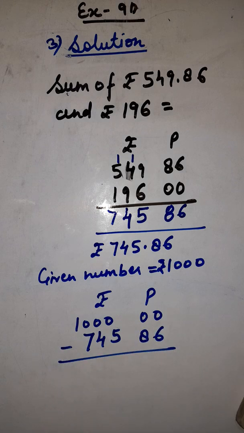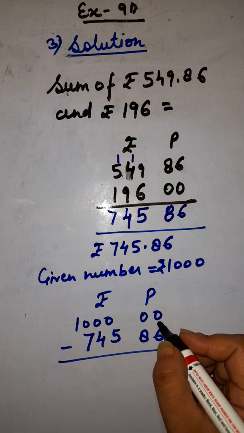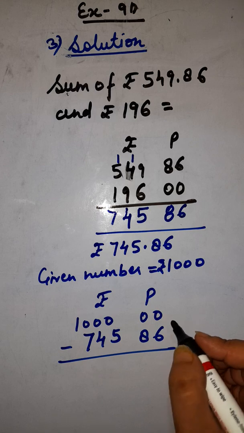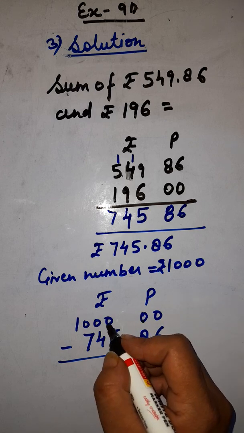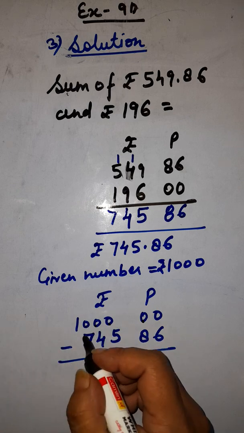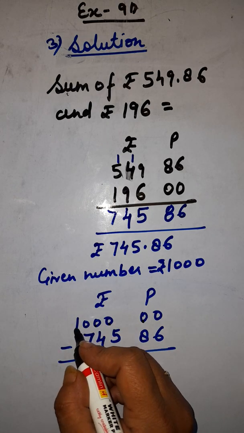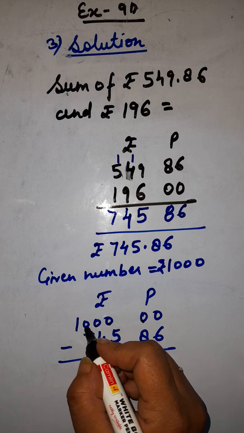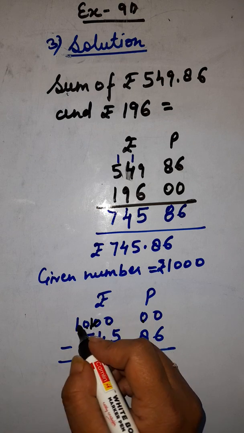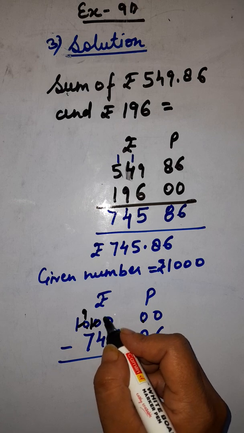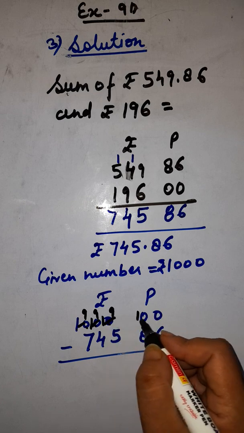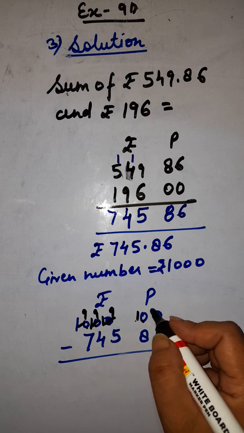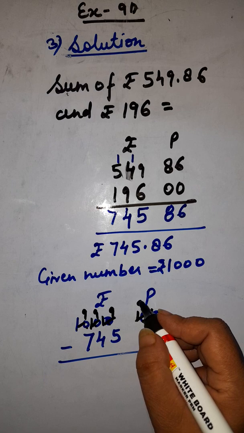Now we'll subtract it. So children, we have here 0. This 0 is smaller than 6. So it will go to here. Here is also 0. It will go here, here, here. All are 0. So it will take 1 from this side. So it becomes 10. Now it becomes 10 and here it is 9. Now it will give here 10. It is 9. Now it will give here 10. It is 9. And here it will give 10. It will become 10 and here 9.